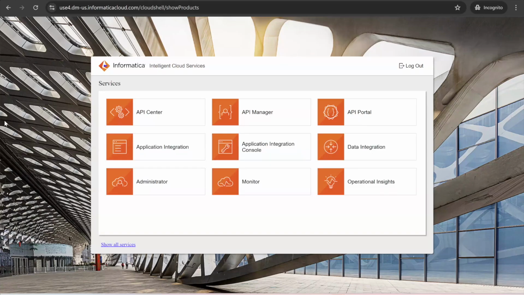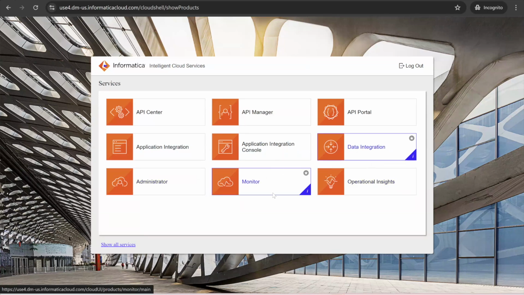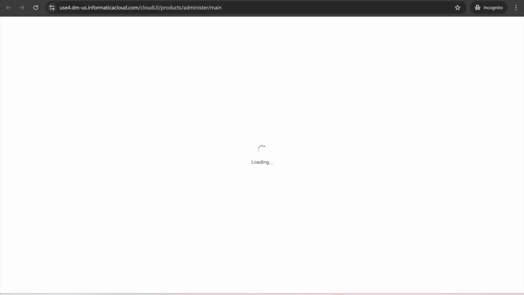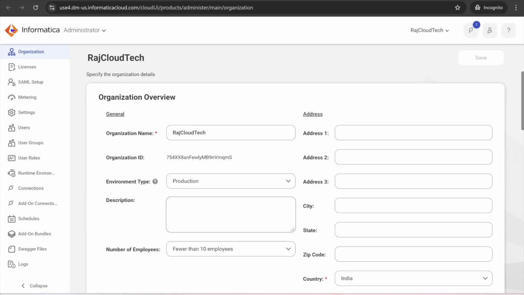Once you log in to this page, open administrator, open data integration, and open monitor. Now go to administrator first.